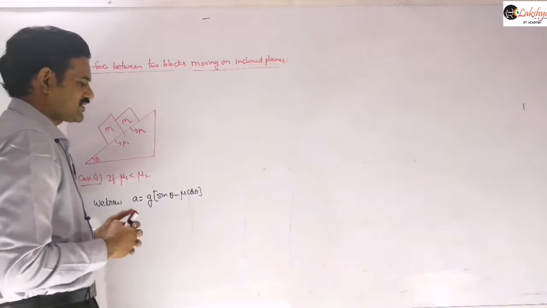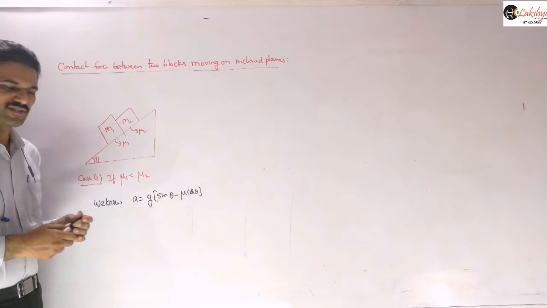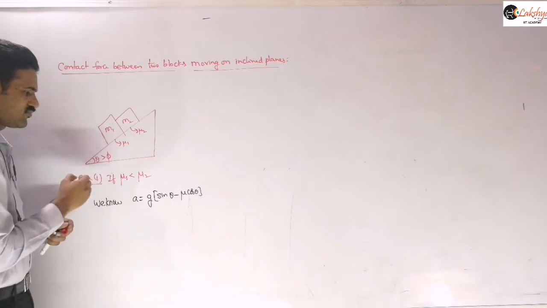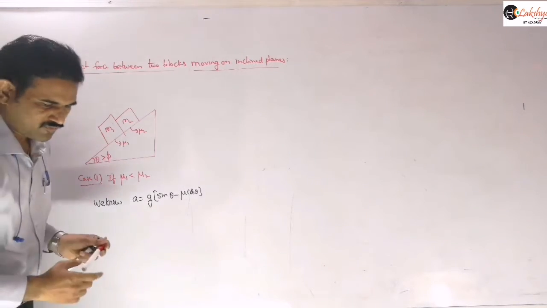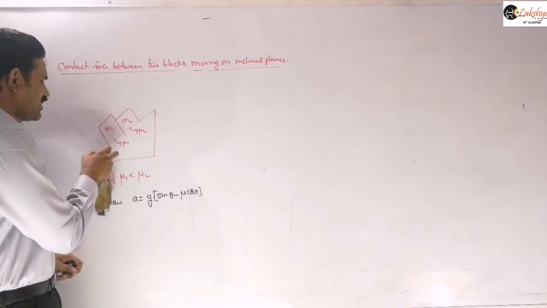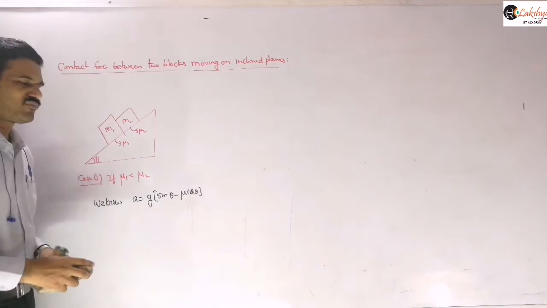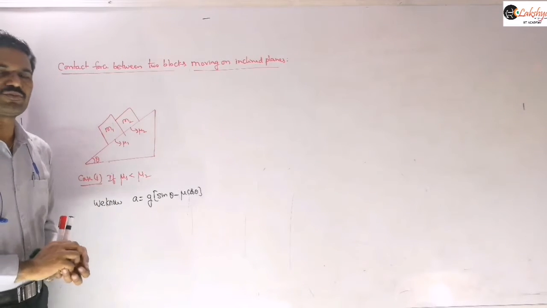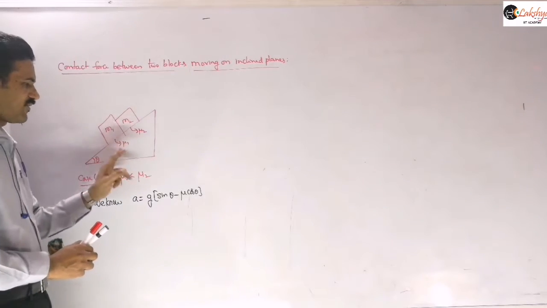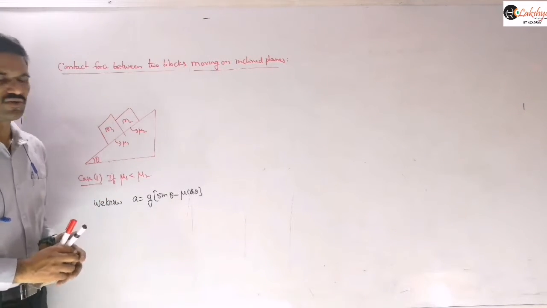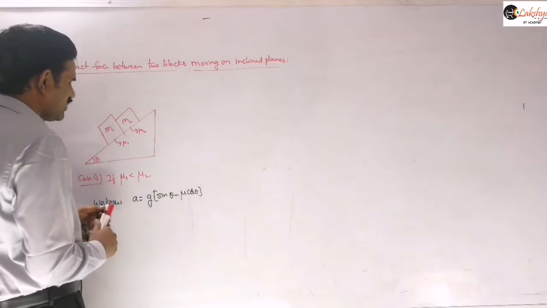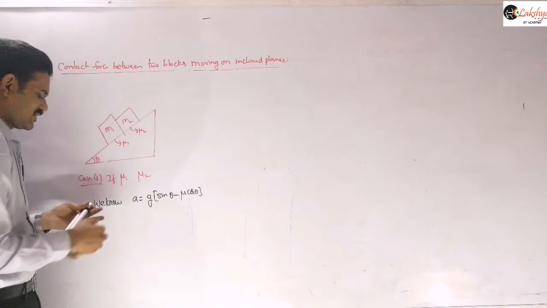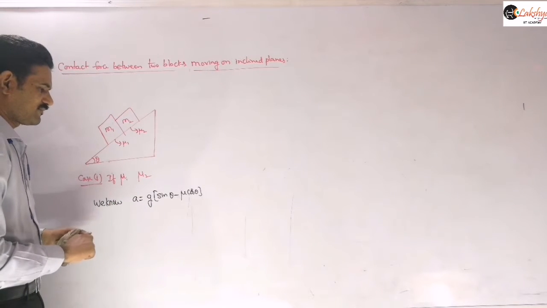In such cases, first we need to check whether the angle of inclination is greater than phi, where tan phi is mu, the angle of friction for the respective objects. For each of them we need to verify whether this angle of inclination is greater than the angle of repose or less than the angle of repose. For both M1 and M2 you need to verify, right? Here I am taking the first case, where it is greater, and then you will understand clearly.